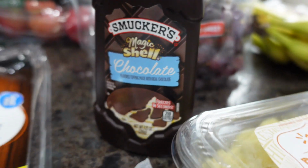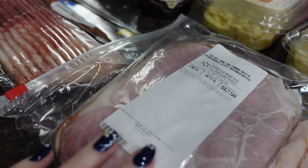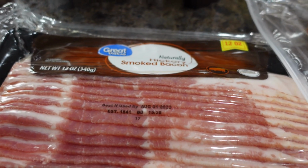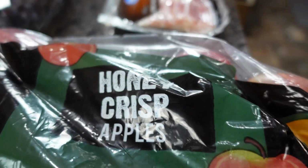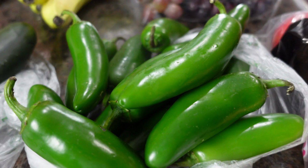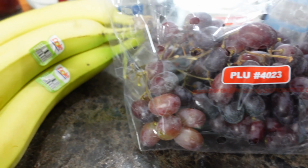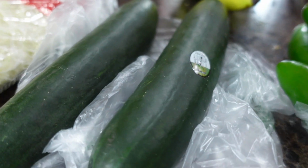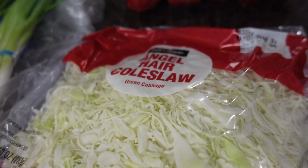I have turkey from the deli, ham from the deli, bacon, Honeycrisp apples, 15 jalapeno peppers, red grapes, bananas, cucumbers, angel hair coleslaw mix,